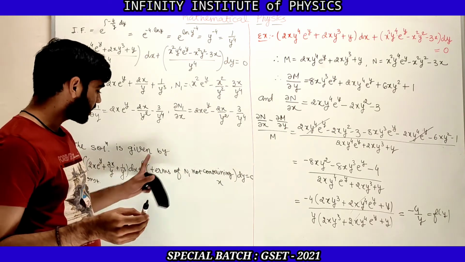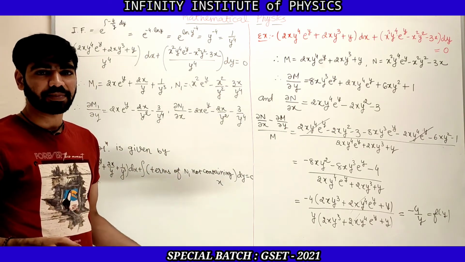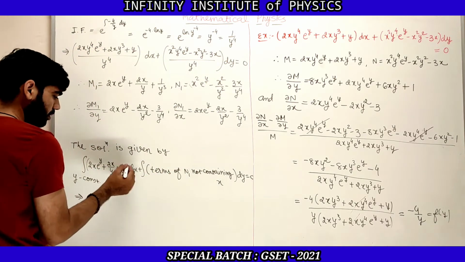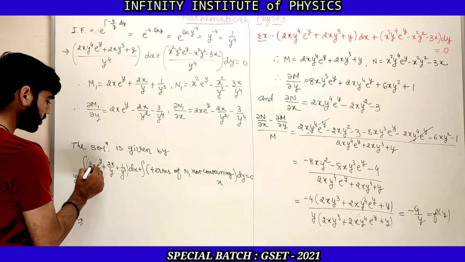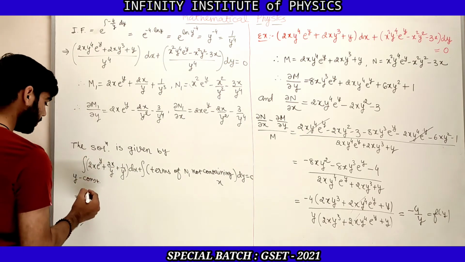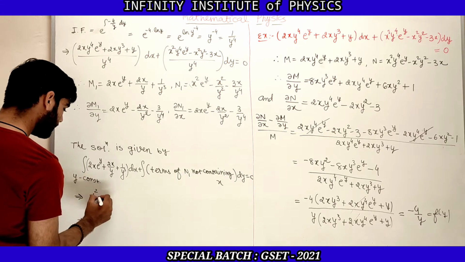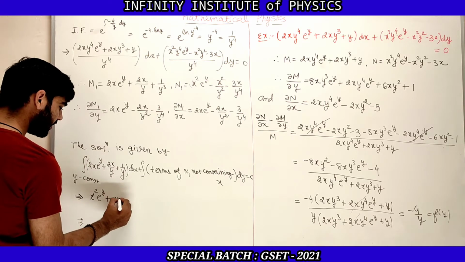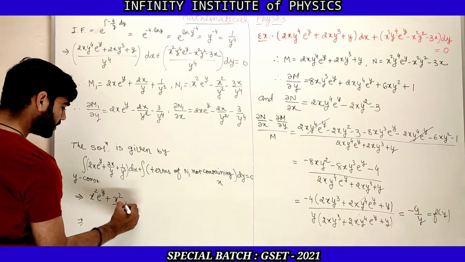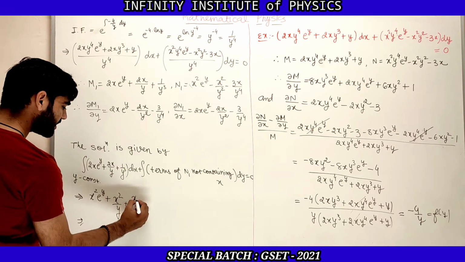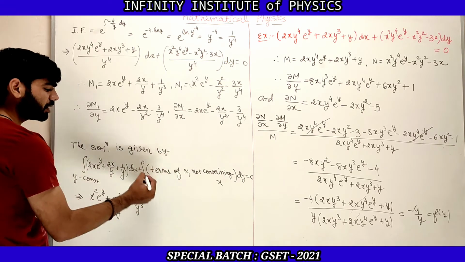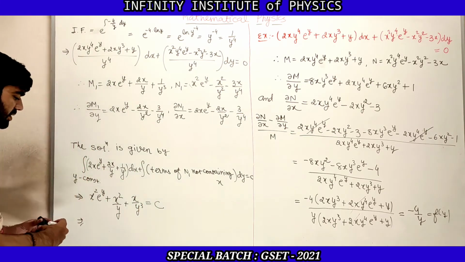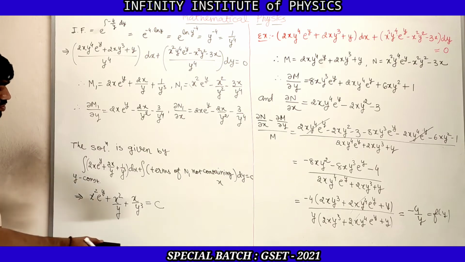So here in the second integration we need to consider that term as 0, because there is no term which does not contain x. Now integration of this first term with respect to x: integration of 2x is x^2, so that term will be x^2 e^y, again integration of 2x is x^2, so x^2/y, plus integration of 1/y^3, that is x/y^3. Now the second is 0, so integration of 0 is 0, and this is equal to c, which is the required solution, where c is constant.